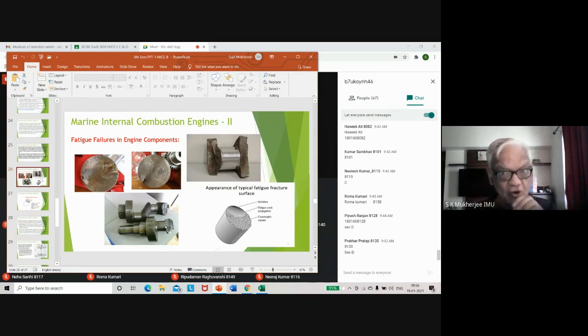More than the oil hole, the point at which the crank pin meets the crank web is the point of failure, usually, mostly. Secondary ones are, you see that oil hole over here. In some cases, the crank pin fails where the oil hole is, because probably this side is not seen, but the other side of the crank pin will be the emergence of the oil. And that oil hole is because of reduced material to take the step,